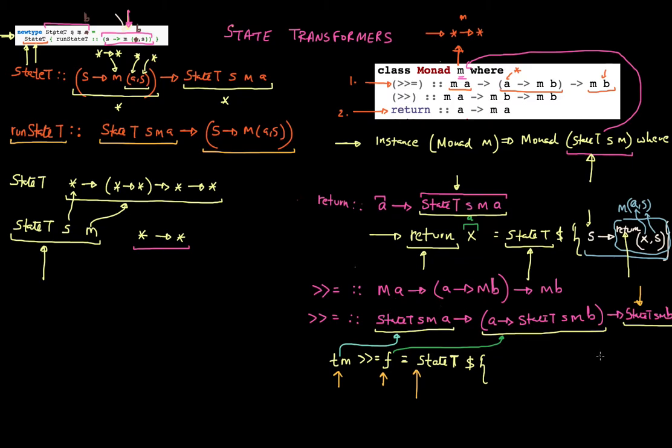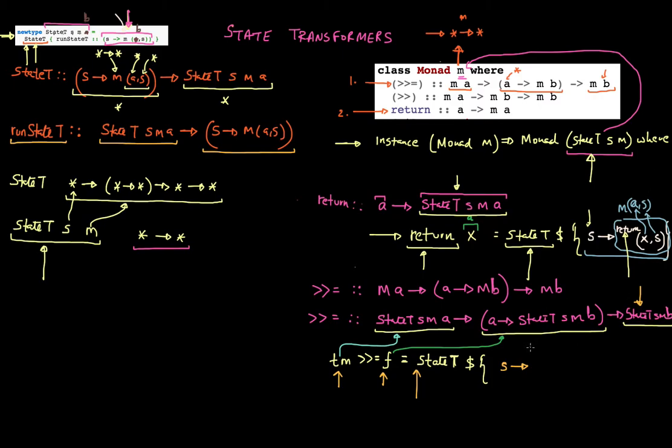Okay, let's just do that. Let's go ahead with that flow first. So at this point, I'm just going to say this entire StateT dollar and my curly parenthesis, and I'm going to complete the first part here, that this entire thing is going to be a function that takes in some state s, and it's going to give back as an output some monadic value. Okay, so the way I'm going to do this is